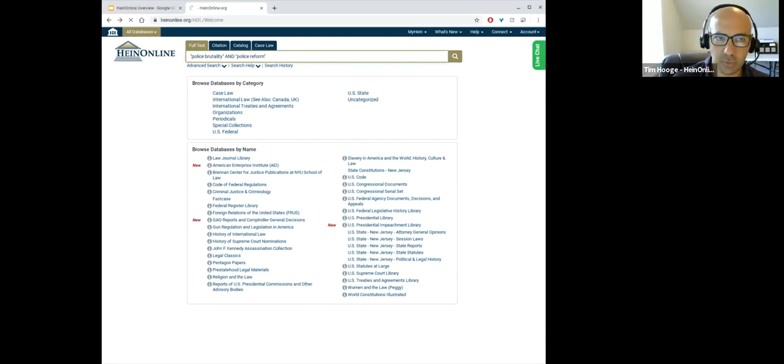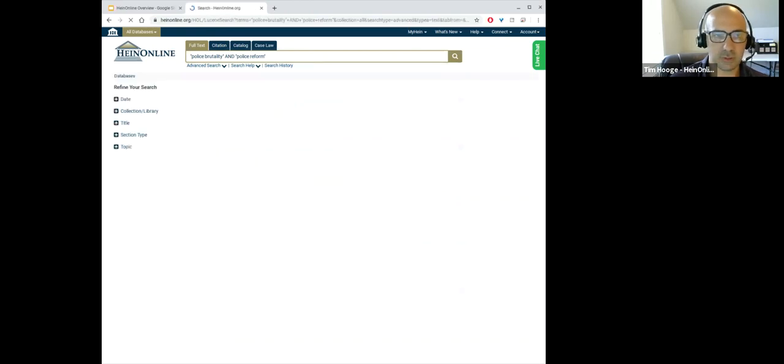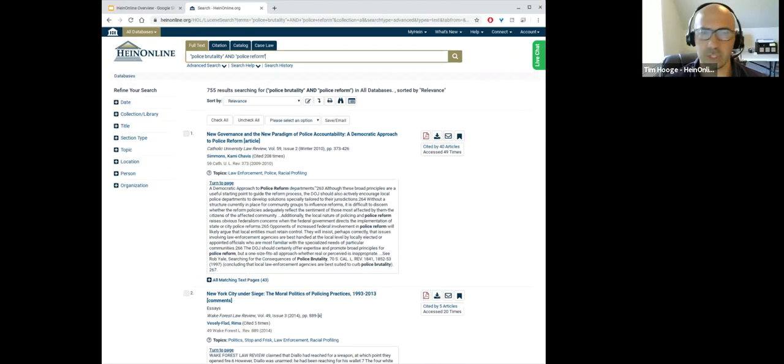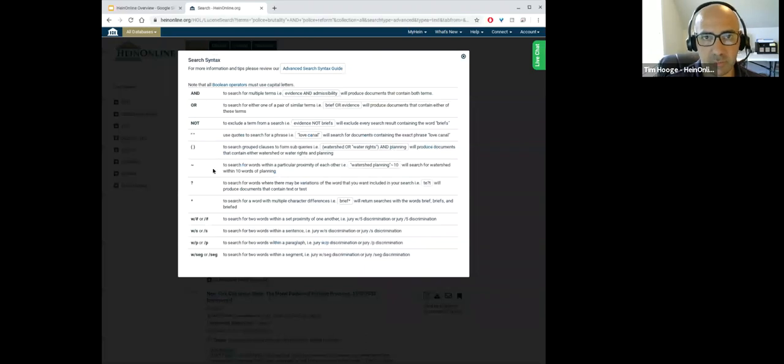Now, I did use a Boolean operator because I'm searching for two different phrases, but typically in HeinOnline, we don't require the use of Boolean operators. All of the Boolean operators are available within our search help link below that search box at all times. They're very easy to use. We give you an example of how they're used and just a quick snapshot of what they would do.